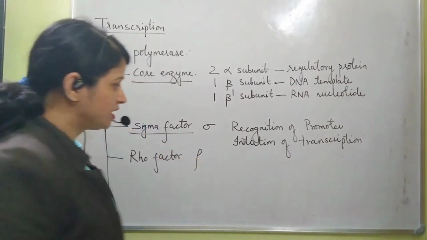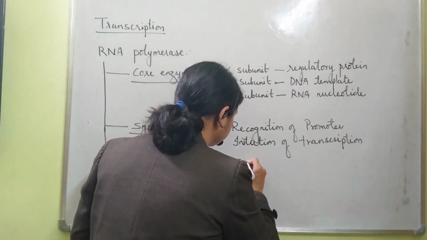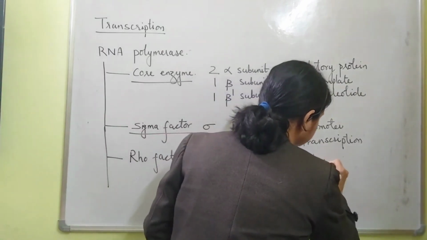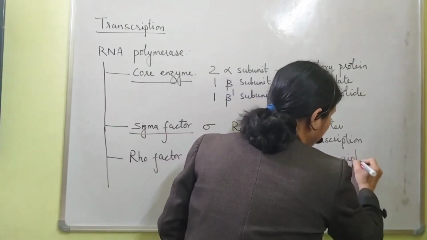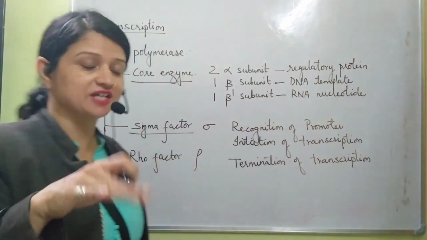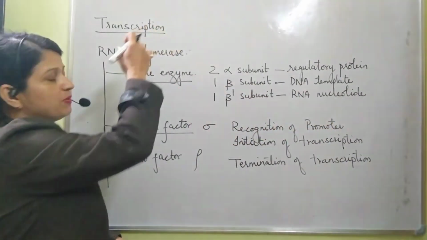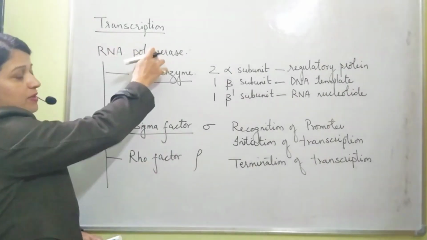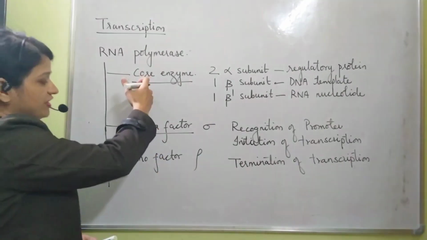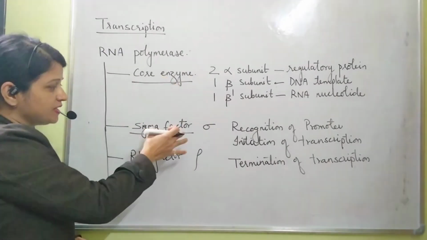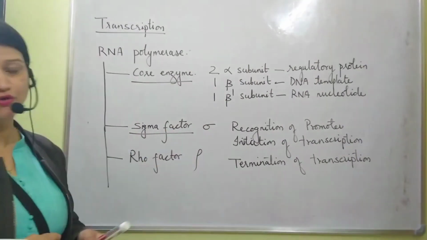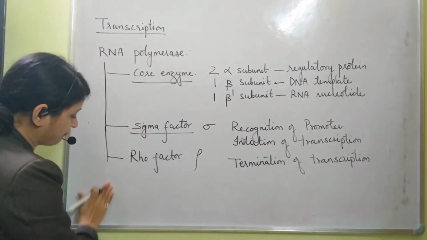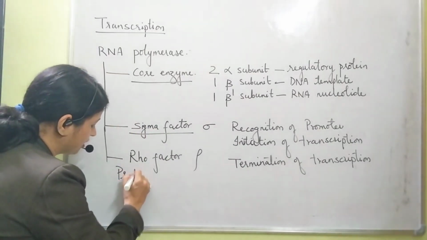This rho factor is required for the termination of transcription. When the process is to be stopped, to be terminated, this rho factor will bind to the RNA polymerase. So we can see that the RNA polymerase is a complex enzyme having 3 important parts: core enzyme, sigma factor and rho factor. My dear students, you should always remember that in the case of prokaryotes,